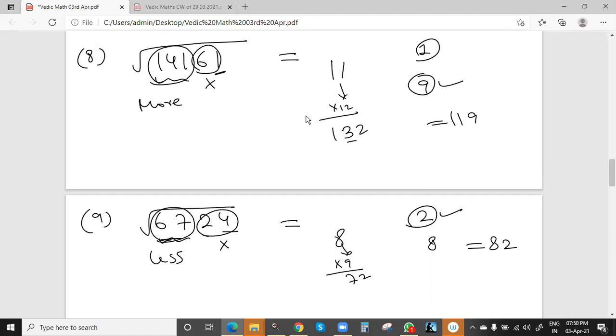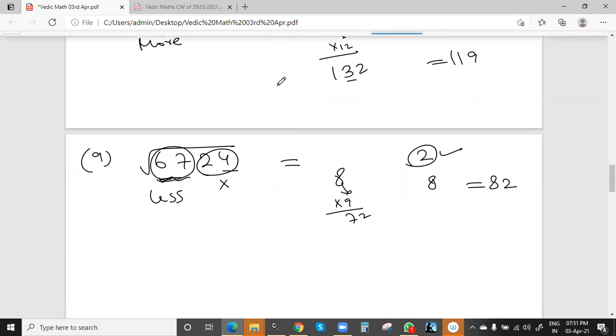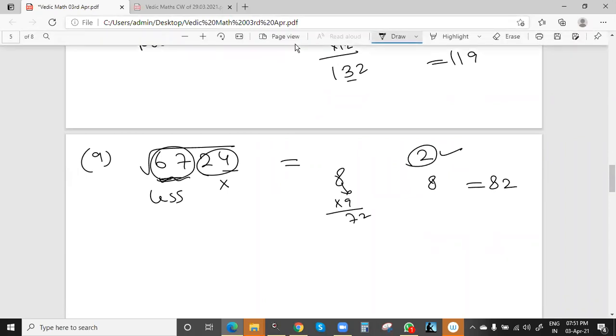It is very important to write here also, more and less, so that we get the complete understanding. Because after a few days, if you revise, you may not be able to understand what the proper method was. So this is basically a two-step method. First, we'll write this much, and then we'll select one of these values based on this value. We'll multiply 8 with the higher value, 9, which is 72. Then we'll check 67 with 72, less, so we'll take the lesser value, that is 2. We'll select between 2 and 8. Fine. Correct, 82 is the right answer.